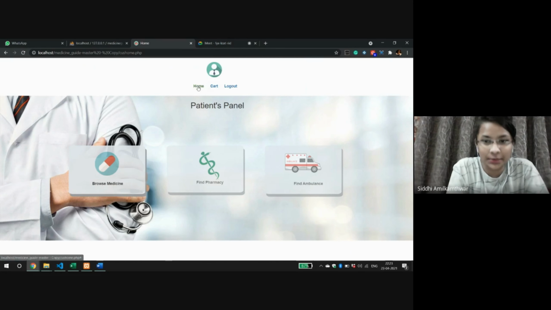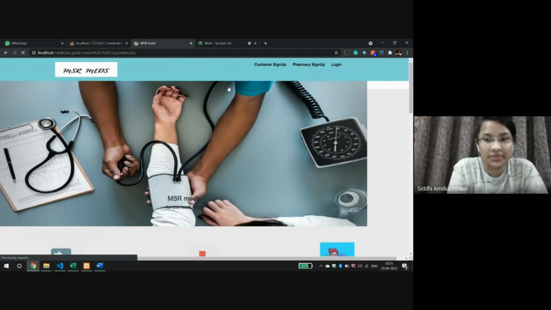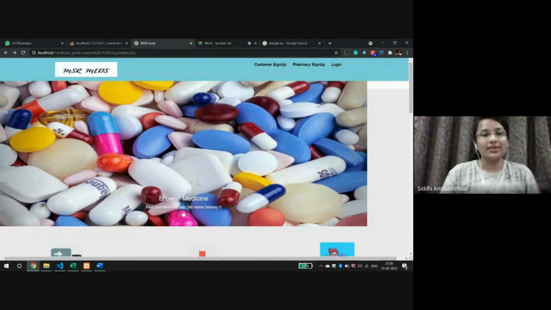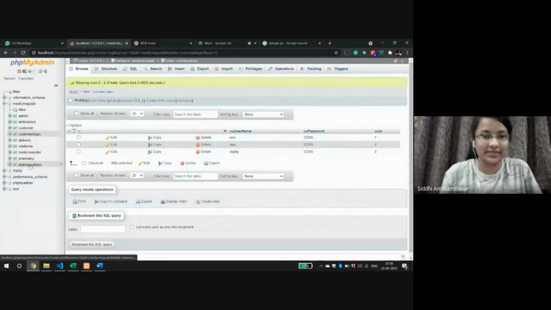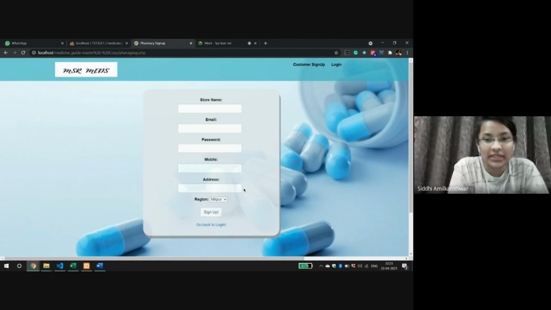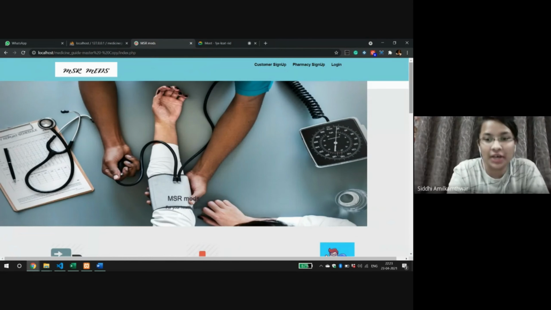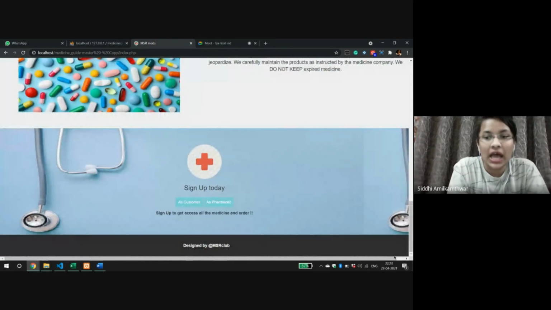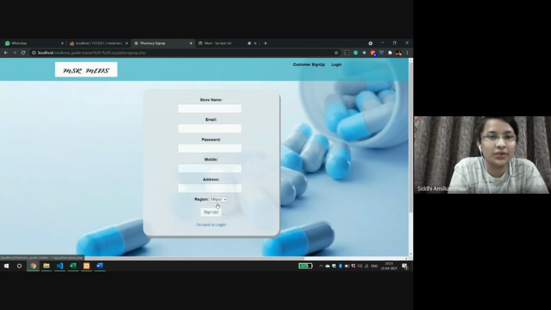In pharmacy sign up, a pharmacist can register by adding all the details so that the pharmacy is visible to customers. All the sign-up details of both customers as well as pharmacies can be seen in the database. And in login, you can log in as a pharmacist or a customer. Now, when you log in as a pharmacist, you can see the pharmacy details, and also there is an option of changing the password. Now, Ruturaj will take over.